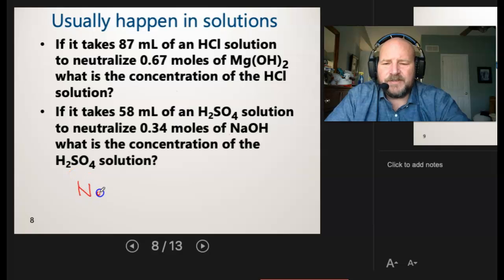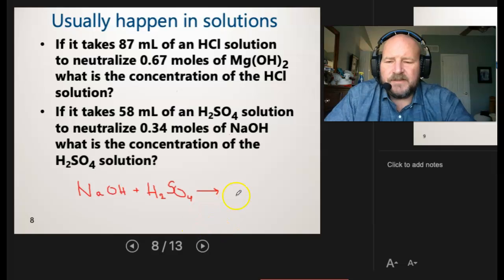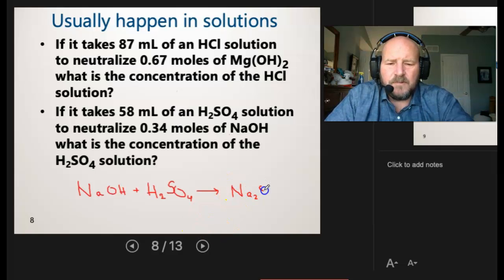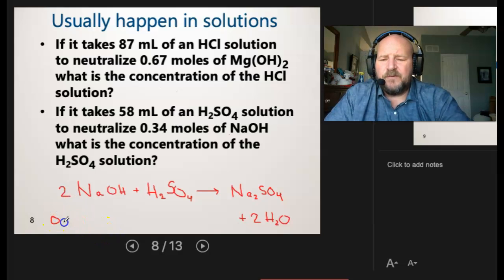So we're going to take NaOH. We're going to mix that with H2SO4. That's going to give us sodium sulfate and water. We're going to make 2 waters, and we're going to need 2 sodium hydroxides. I'm going to start with 0.34 moles